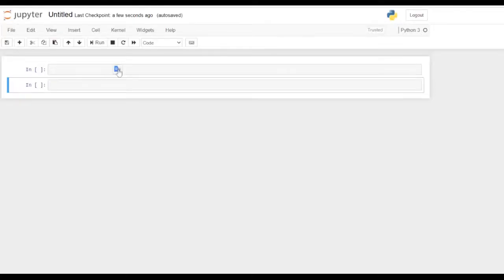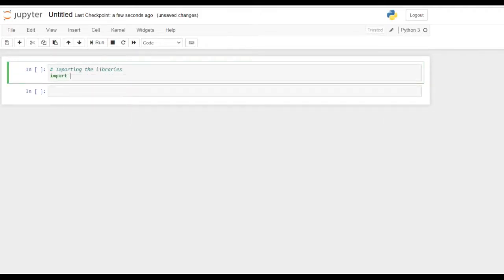I'll be using Jupyter Notebook as an IDE for Python. You could easily install it. You could search on YouTube or Google for installation tutorials. So I'll just begin writing the code. And first of all, we'll import the libraries, which will come in handy later. So first, importing the libraries.